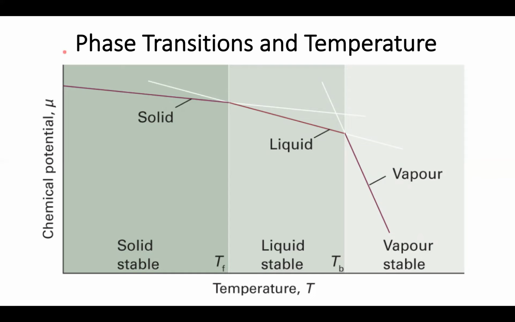And this is demonstrated by the fact that while ice has a molar entropy of about 41 joules per mole Kelvin, liquid water has a molar entropy of almost 70 joules per mole Kelvin, so almost twice as high, which lets